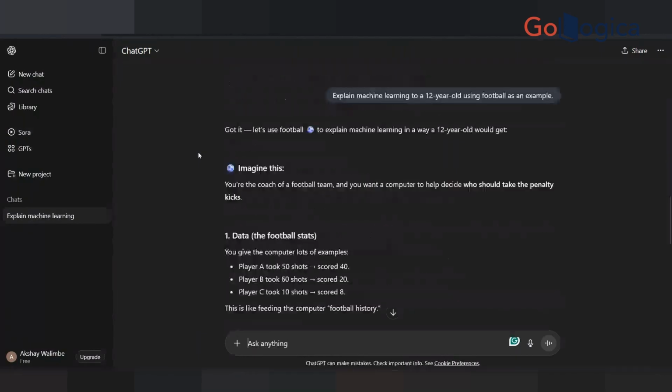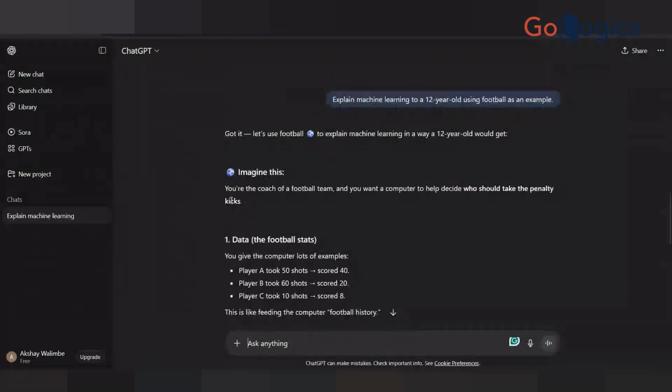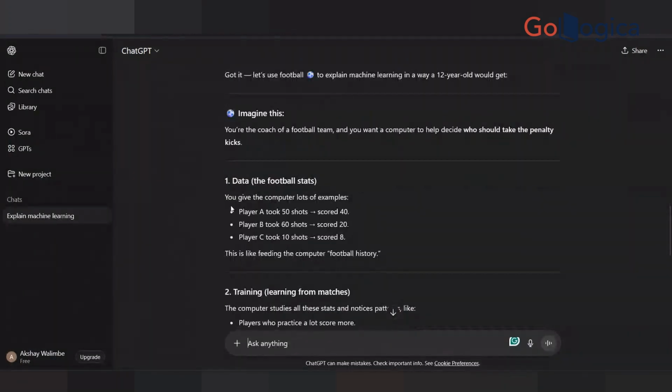Whereas in case of football, when I say using football as an example, it said, what is data? The football stats. You give the computer lots of examples, like player A took 50 shots, scored 40 of them. Player B took 50 shots, scored 20 of them. And same with C, took 10 shots and scored 8 of them.